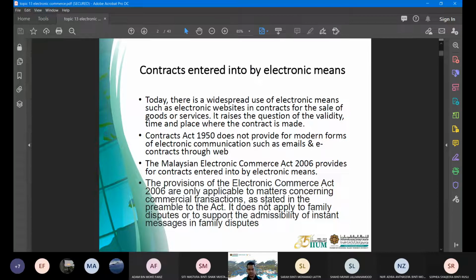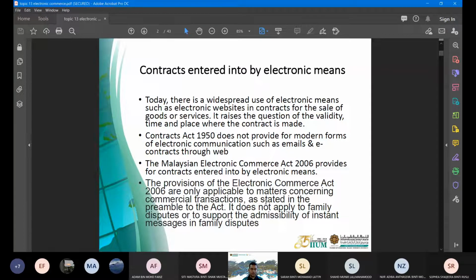Some of these discussions may be linked to contracts, what you have learned in contract, but we will try to see the development as far as the E-Commerce Act is concerned, and we will also look at issues on formation of online contract. How the formation of online contract would be different from the one in the Contracts Act. So this one is formation of online contract recognized under the E-Commerce Act, and then from there we will see